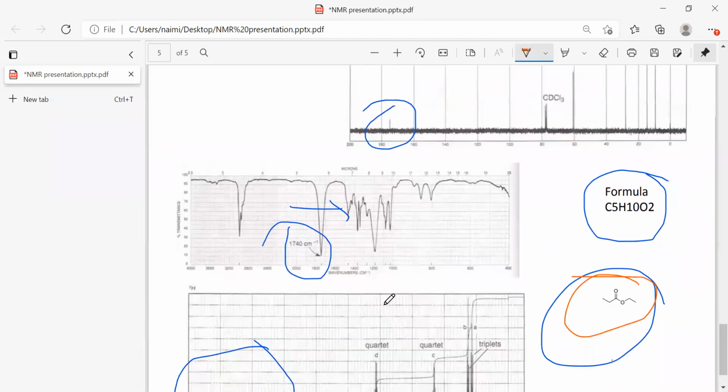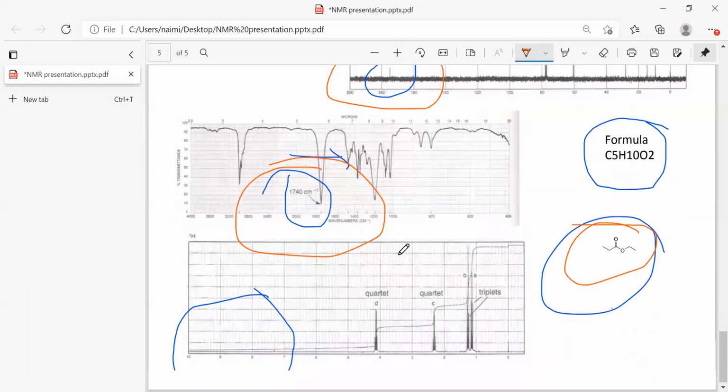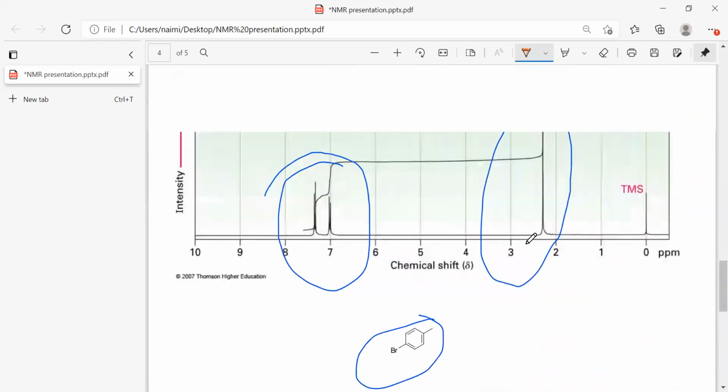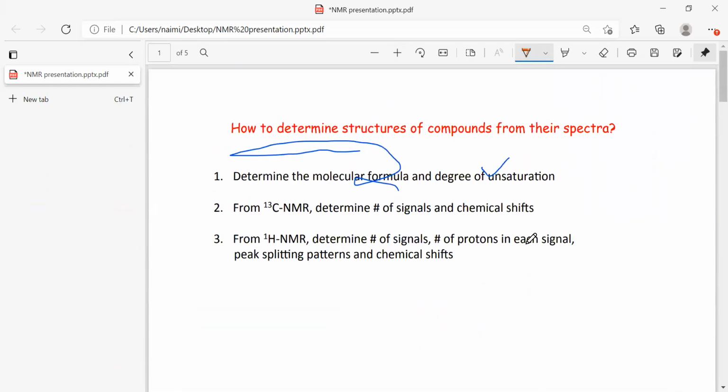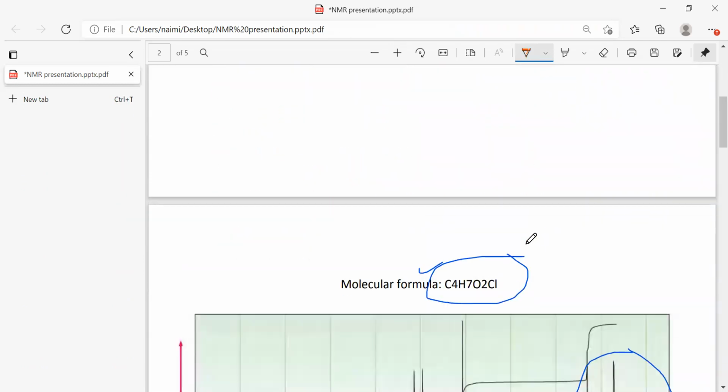So with the help of IR, NMR, and C13 spectra, you can also check the unknown organic compound. C13 helps in identifying the esters, the IR spectra identifies the carbonyl, and proton NMR helps in identifying the CS2 and CS3 peaks. First of all you should know the molecular formula, then the NMR spectra. That is sufficient, but if IR and C13 are available, they will also help in knowing the unknown organic compounds.